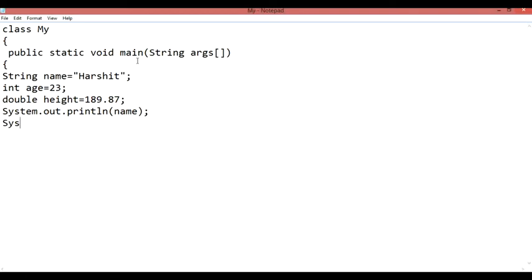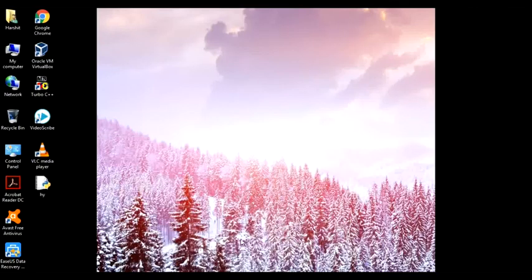These are the three data types that I have defined over here. After that, you can see I have written System.out.println, in which I am displaying the name. After that I have written System.out.println and displayed the age. Then I have written System.out.println for the height. So these are three of the data types that we use in Java, and I am printing the result accordingly. Then I have closed the curly braces, and then the other curly braces. So whenever I execute this code, what will be the output? All three contents that I have written, the name, age, and height, will be displayed to me.